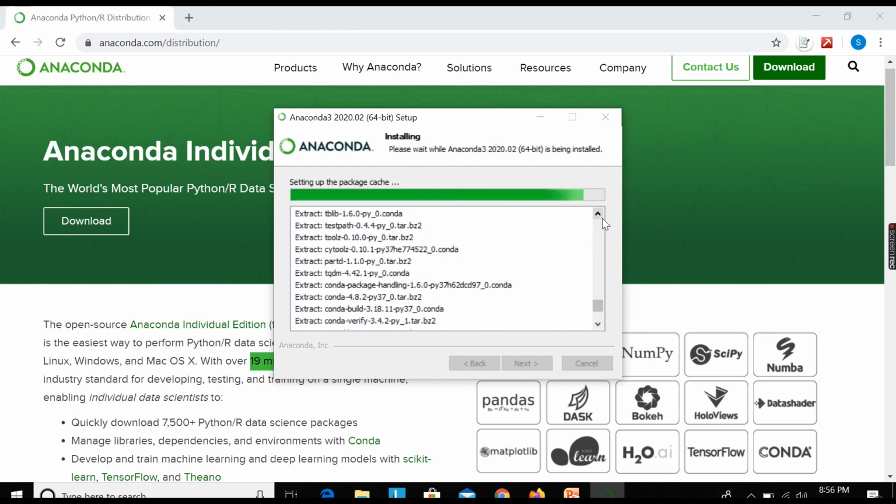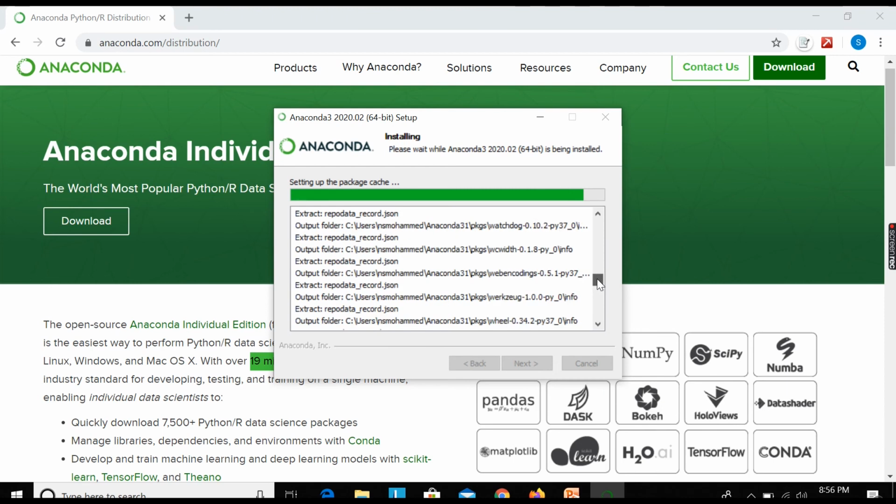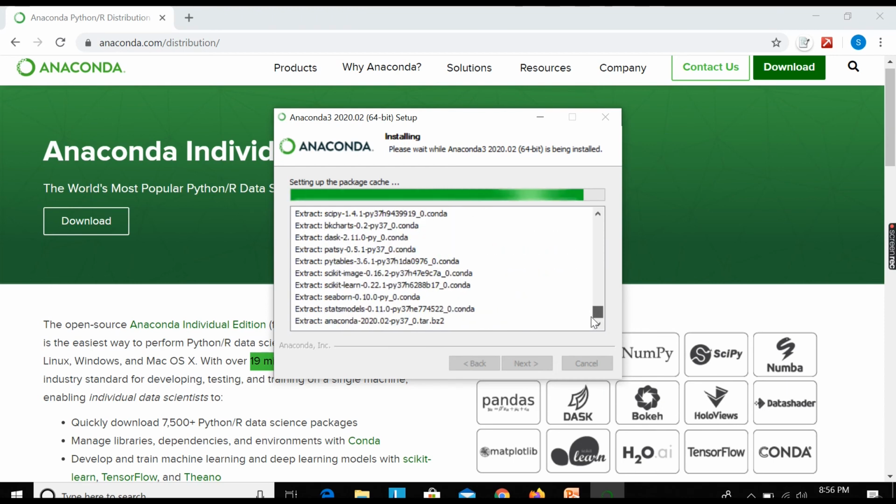Okay, so people generally don't read out these details, right? But it's always a good practice to see what exactly the packages are that are getting downloaded, because those are the ones which you'll be eventually working on. It's always a good practice to go through what exactly the extracts are, and what the download looks like. Okay, so while it's still downloading,